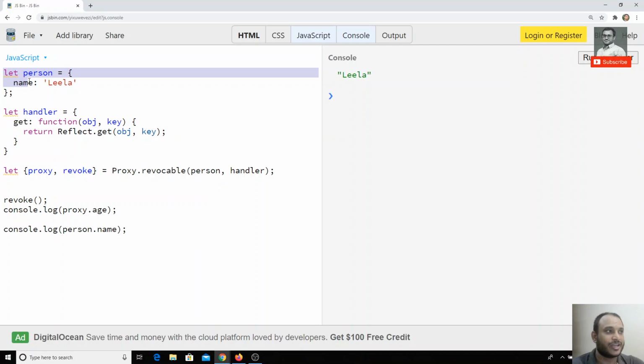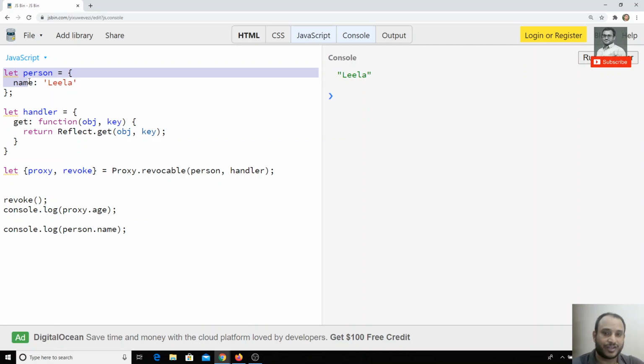Wherever you want to create an object or anything, you can use the Reflect methods. Proxies and all those things depend on the requirements of the project, so you need to use creativity to decide where to use them. It depends on the logic and the requirement. So this is all about the proxies.